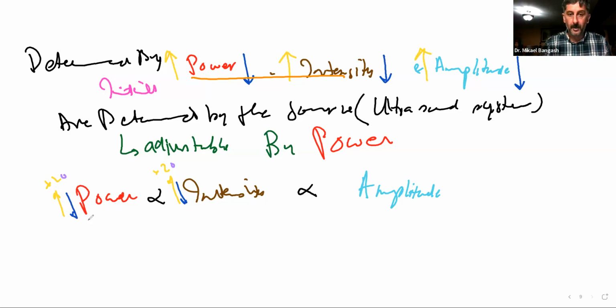So we can say it's a great power sound wave, which means you're going to have great power because it carries a lot of energy. That energy, that high power,